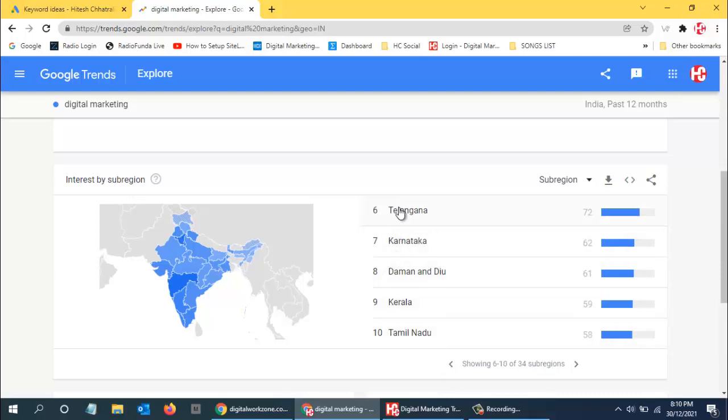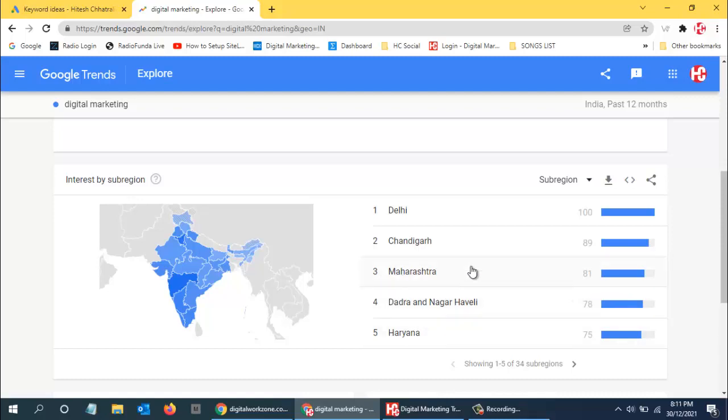So over here we do not see Rajasthan, here we do not see Rajasthan, here also we do not see. Was it on the first page? I'm not sure. So these are all 34: Delhi, Chandigarh, Maharashtra, Dadra Nagar Haveli, and Haryana.